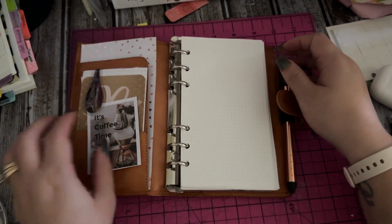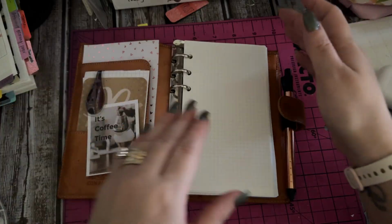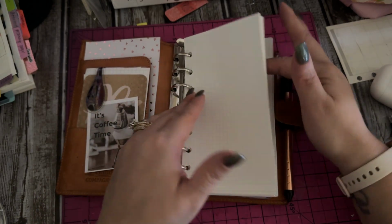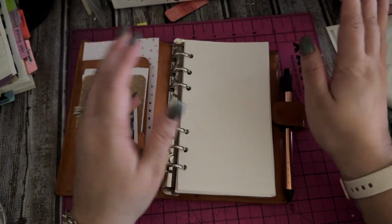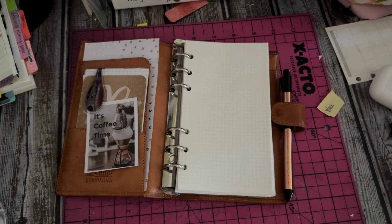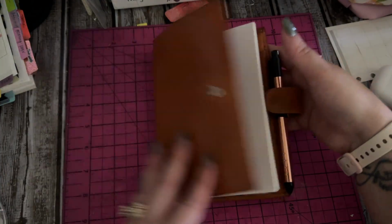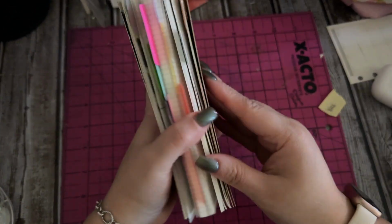So, my biggest goal is to do a home management binder. I'm always trying different sizes for that, and the one that always stuck was the B6 Kiki K. I literally have all my passwords in there. So for the sake of just dumping out some info,